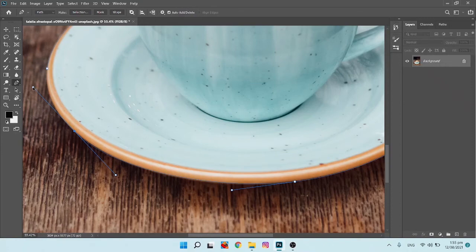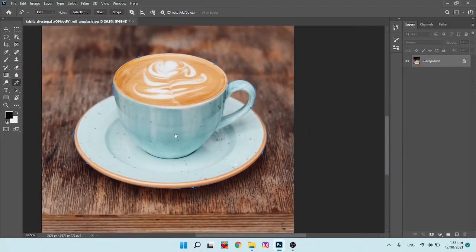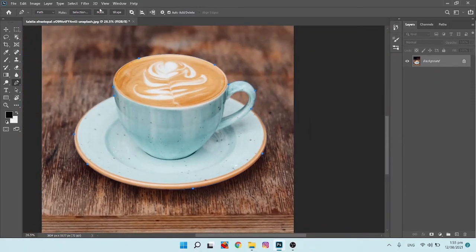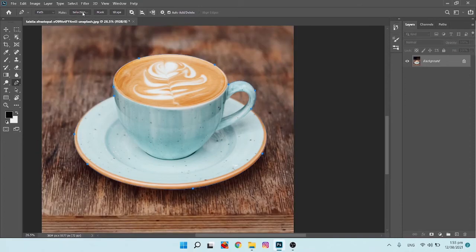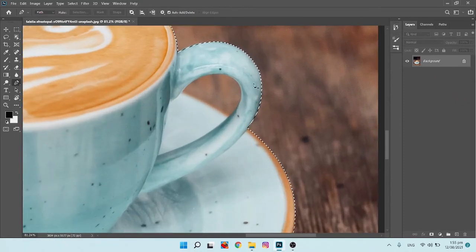Okay, so now I have to make the handle a bit smaller because the curve is actually gonna pull out if I make it that long. There you go. There you go, pretty sick. And you have the option right here to mask the selection if I click right here. So just click it and you have the mask selection. Or you can make it into a selection right here by clicking selection and then new selection and then hit OK. But I need to get rid of this part, okay?